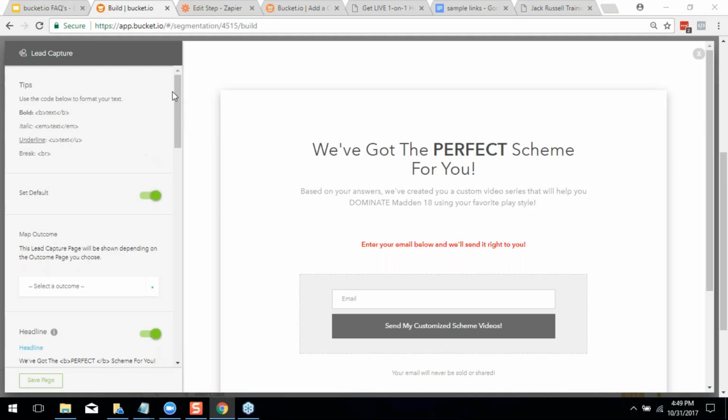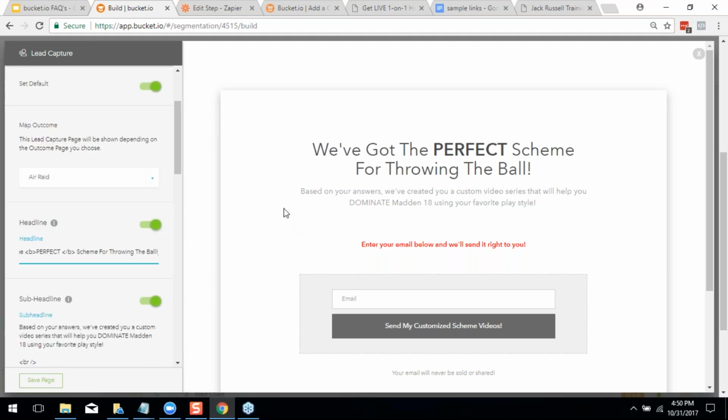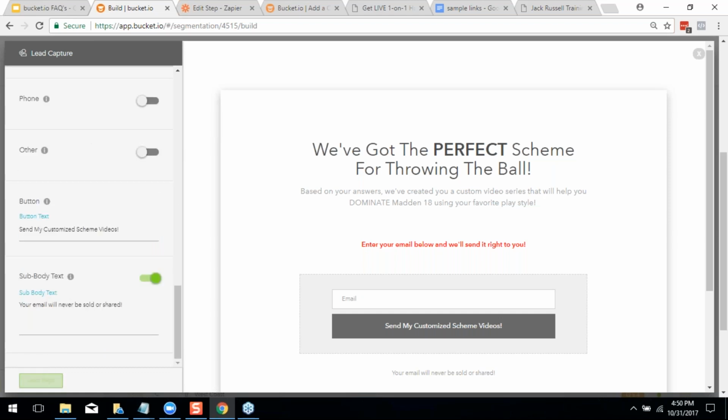And so what I could do here is make this one more for the air raid. I would do the scheme for throwing the ball, right? Because if this person got to this response, I know they like to throw the ball a lot. And so I would say something to the effect of, again, improving my conversions for getting them to actually fill in this opt-in page. And so all I did here is I chose the outcome, hit save,